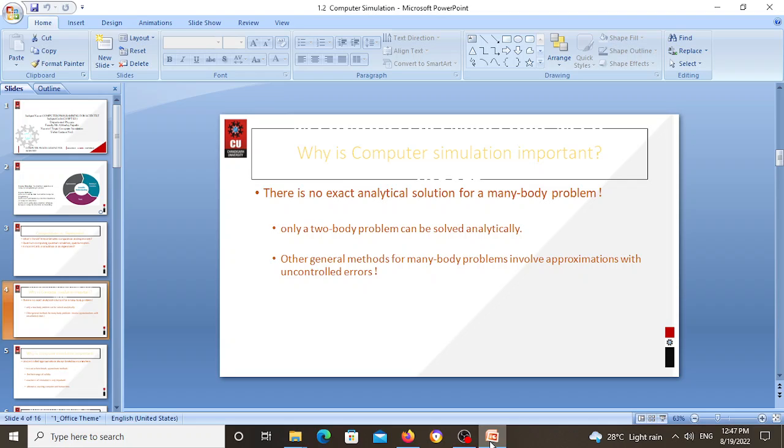So what we do, we try to figure out some approximation algorithms, and we apply these approximation algorithms on the numericals to generate the solution. Obviously, approximation algorithms generate solutions with some error, and the purpose of the programmer is always to reduce the error to a minimum threshold value. Such kinds of problems are very difficult to solve analytically, and so we are left with no other alternative but to use a computer